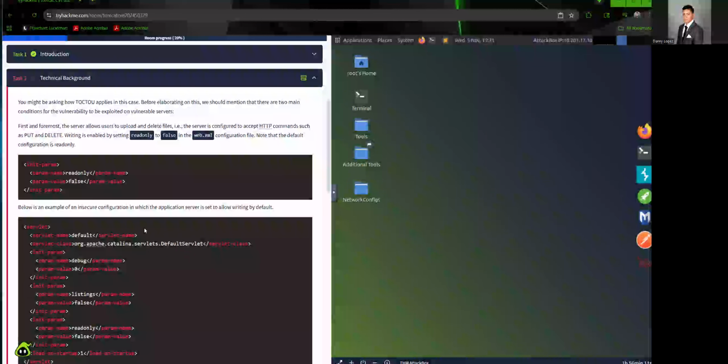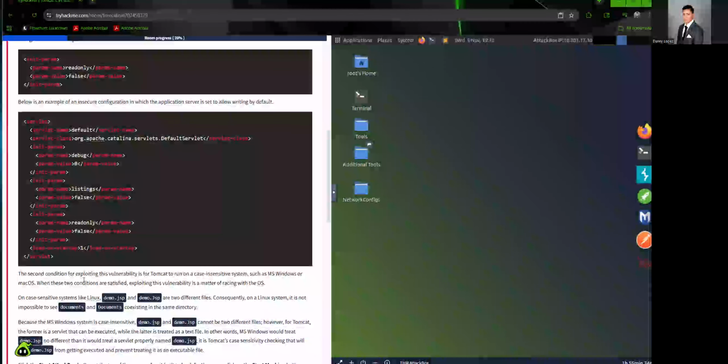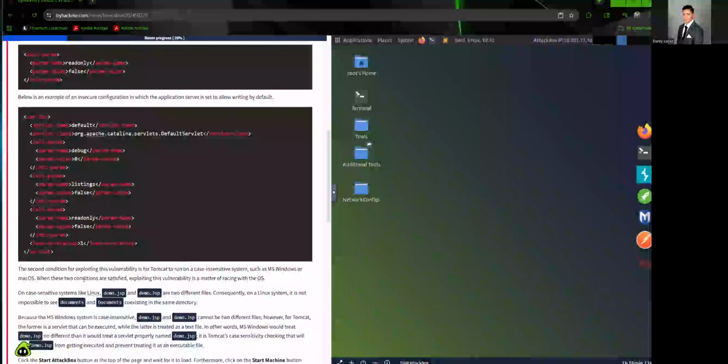The second condition for exploiting this vulnerability is for Tomcat to run on a case-insensitive system such as MS Windows or Mac OS. When these two conditions are satisfied, all right, case-insensitive system. Okay, exploiting this vulnerability is a matter of racing with the OS.